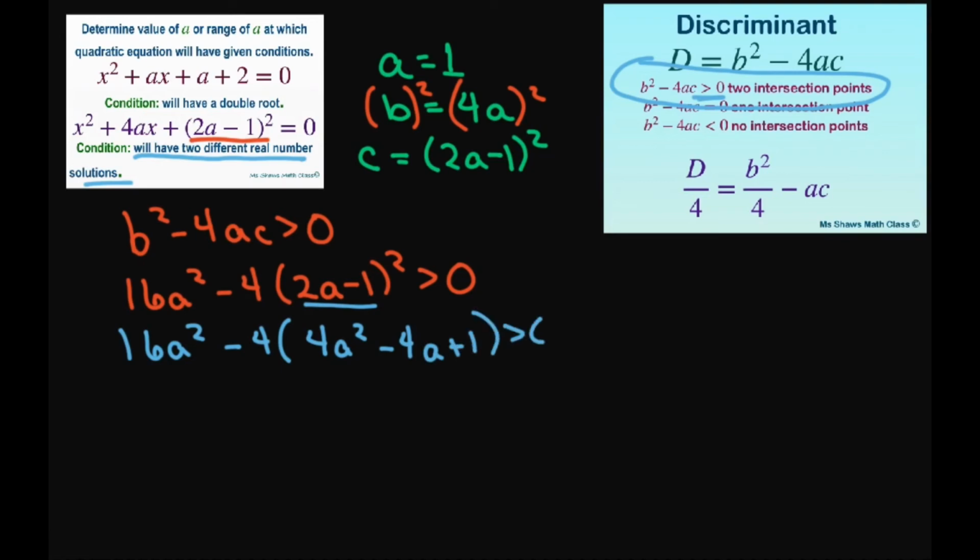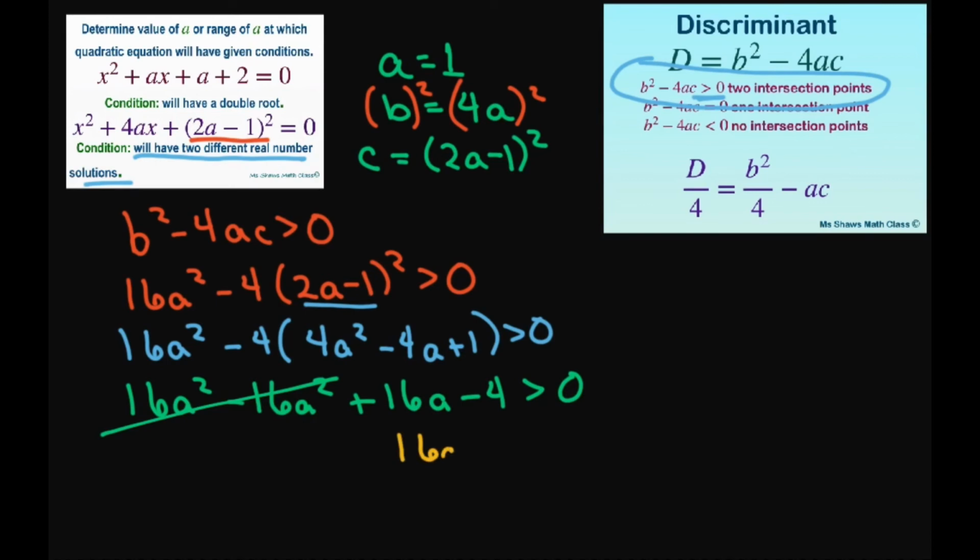And when I distribute, I'm going to get 16a squared minus 16a squared plus 16a minus 4 has to be greater than 0. Well, the squared terms cancel out there. So we have 16a has to be greater than, I'm going to add 4, so a has to be greater than 4 divided by 16,